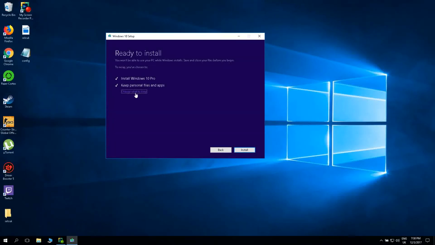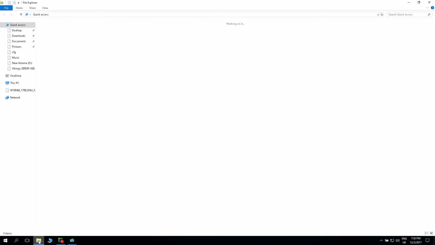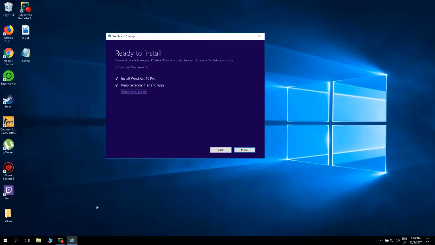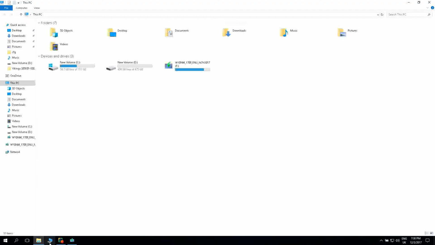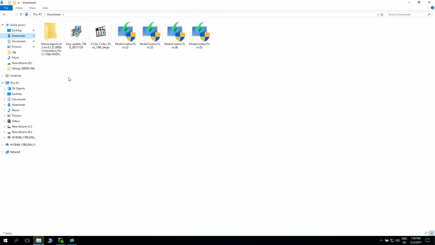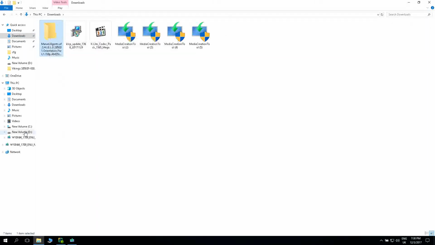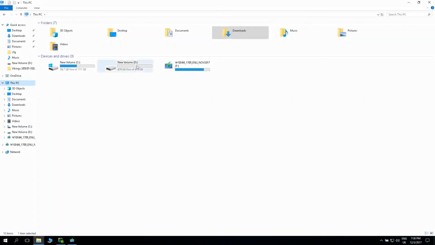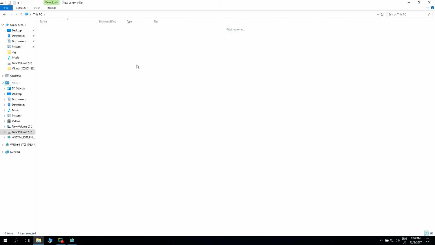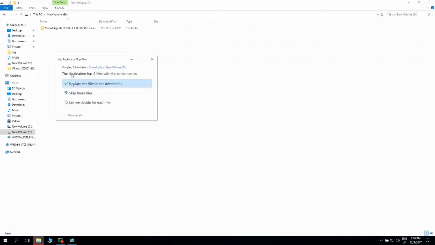What we are going to need: install Windows 10 Pro, keep personal files and apps, and change what to keep. Again, I have to show you this. You can click on This PC. I'm assuming you have some files downloaded from the internet, like this TV series. You can move these files to an external drive. Here I have an external hard drive. I'm going to move my files here,